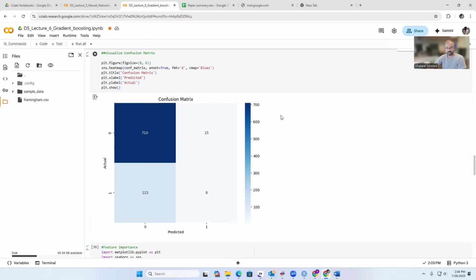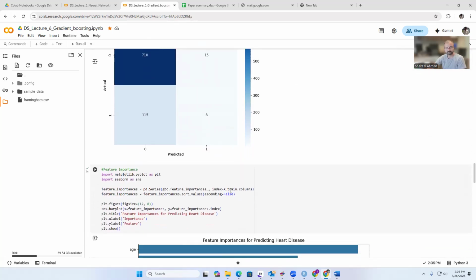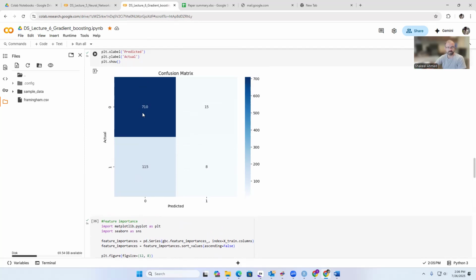The confusion matrix provides details about these observations in our data set: how many were actually diseased and predicted as diseased, and how many were non-diseased and predicted as non-diseased. So this is the important visualization of the prediction